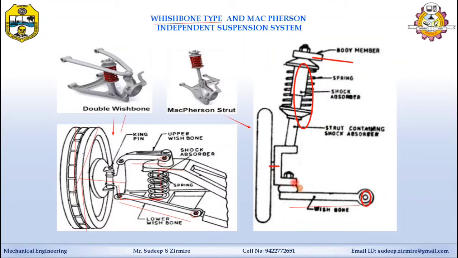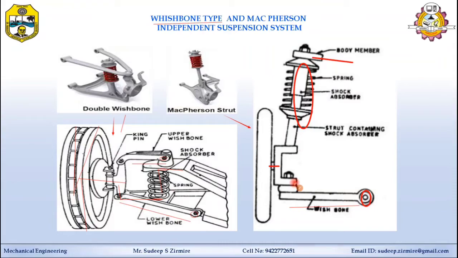So the wishbone is hinged to the cross member and positions the wheel as well as resists the acceleration, braking and side force. This system is simpler than the double wishbone type, and it is also lighter, keeping unsprung weight lower. Further, the main point is that the camber also does not change